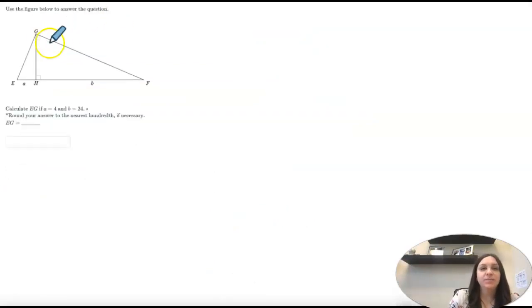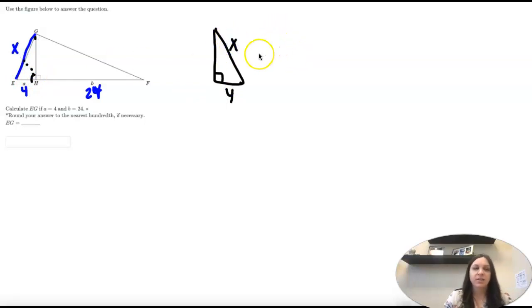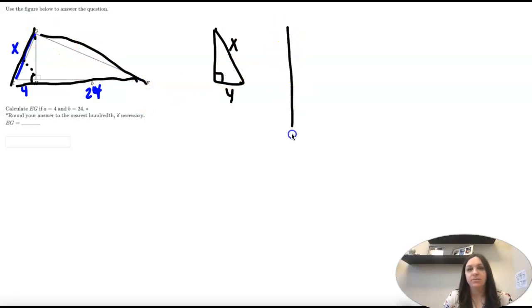Let's do one more. So now we're trying to find EG. We haven't done this side before. We know A is 4 and B is 24. So this one we're definitely going to use this little triangle, right? Where our short leg is 4 and then our side across from the right angle is X. And now this other triangle that we've been using doesn't work because we only know 24. So we're going to use the big triangle, the big